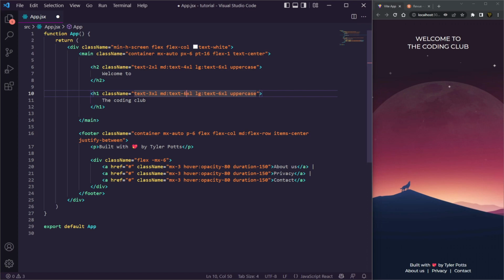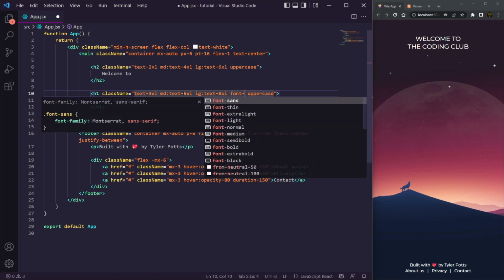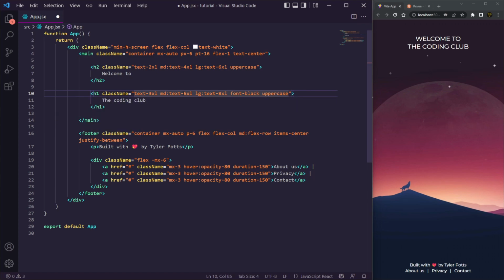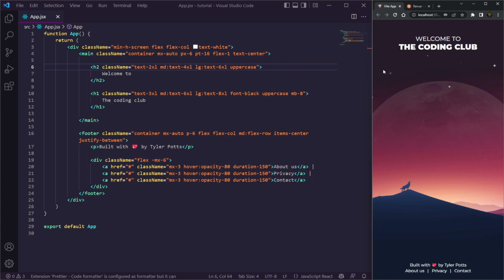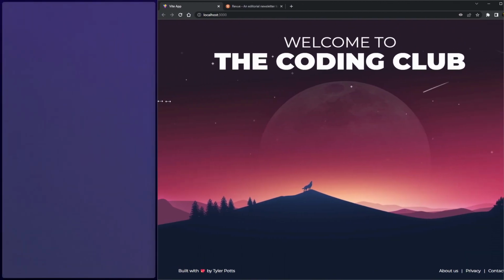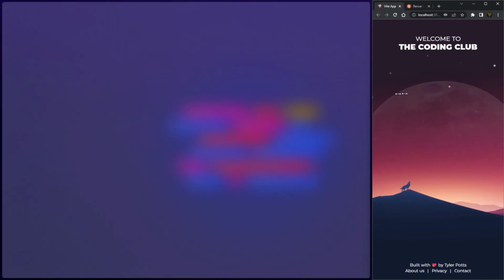This one here will be 6XL, and the final one will be 8XL. We're still going to have it uppercase with font black, and also we're going to add a margin bottom of 8. And there you go. You can see how that's looking. And if we make this a bit bigger, you can see that it actually changes with the screen size, which